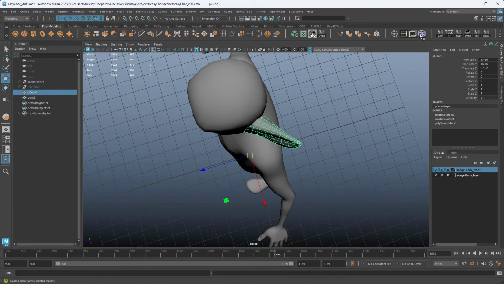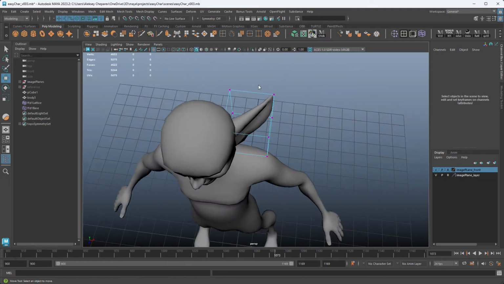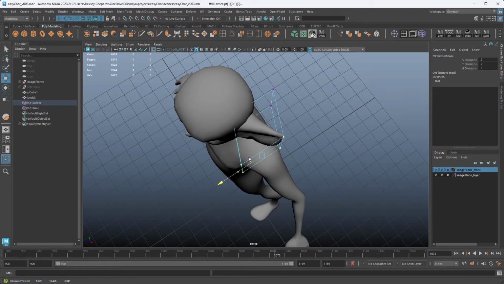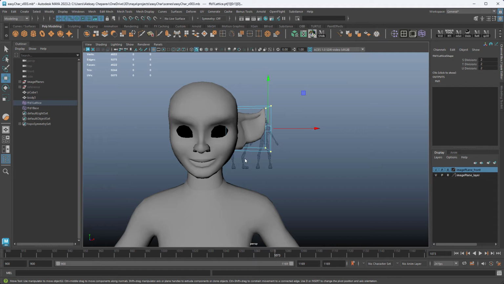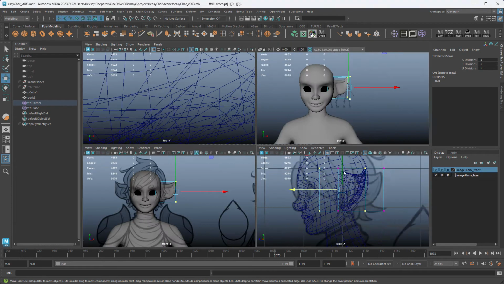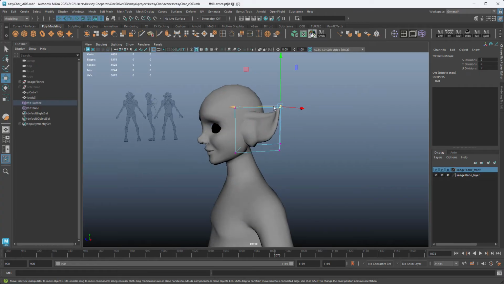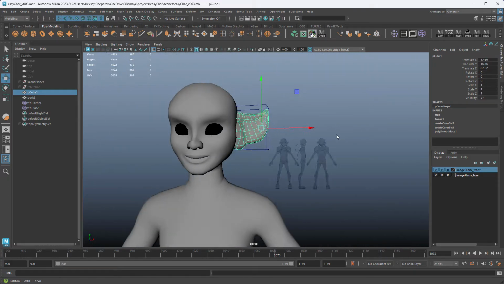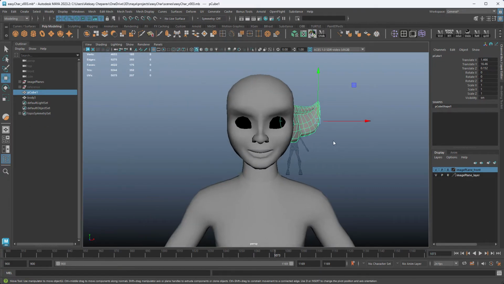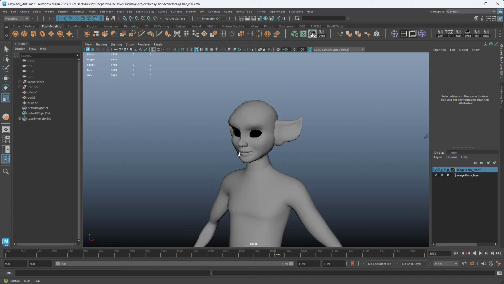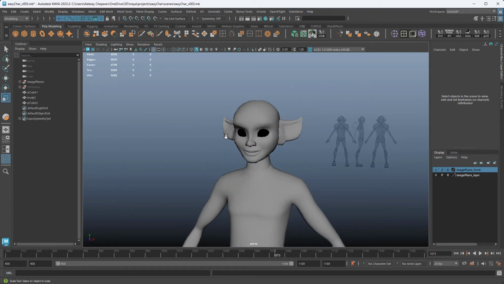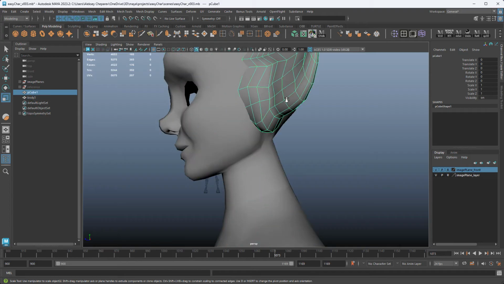So what I want to do is select the ear, put a lattice on it, and then select this part here, and then we can bring them forward and make them look, from the front it looks the same, just from the side they're not going to be as swept back. So we'll just do this. I want to bring them more this way. I think that looks better. We can freeze them, reset them. If I duplicate and just put it on the other side, we can see what it's looking like. Okay, not bad. So now let's connect it.